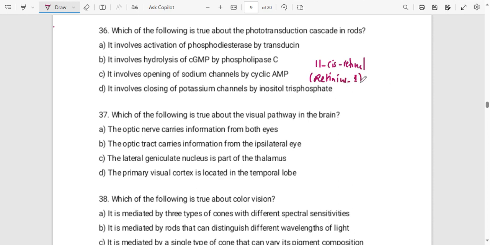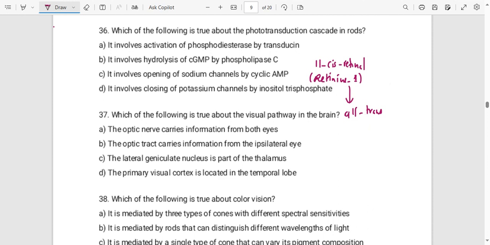And when light hits the outer segment, it's going to convert this retinene 1 or 11-cis retinal to all-trans retinal, or the trans isomer. And when you transform from 11-cis to all-trans, that is going to change the configuration